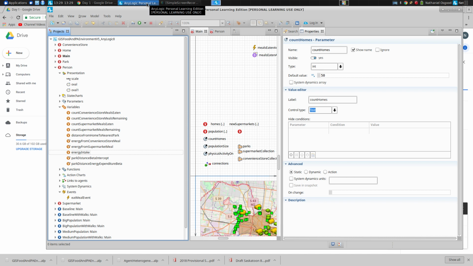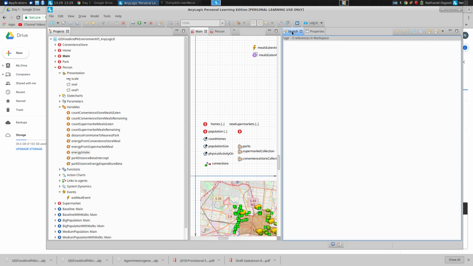A few other things, though, that are of note. You'll notice there's this search window. This is maybe the first boot camp that I've taught about using search. I use it almost every day when I interact with a model, but I just never thought to tell people about it, and it's my fault. So, AnyLogic has very powerful, useful search